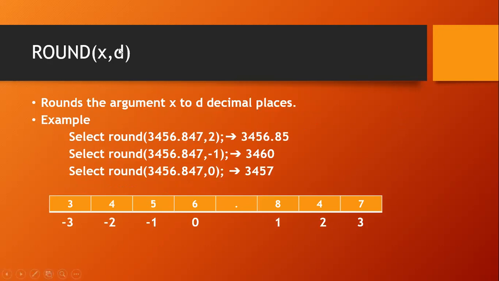The next function is round of x comma d. This function rounds the number x to d decimal places. In this function, it is particularly specified how many decimal places are required in your output. So select round of 3456.847, 2. It means that this is the number, and in the output, you require 2 decimal places. You get the output as